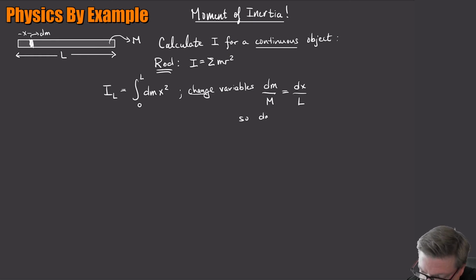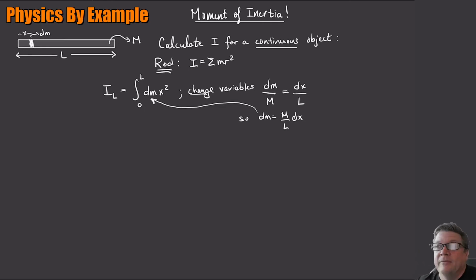So dm is just m over L times dx. And now just take this and then stick it right there. So then I'm going to have an integral in terms of x. So this is going to be 0 to L. Instead of dm, I'm going to have m over L. And those are just constants, right? So that just comes out front. So it's m over L times dx